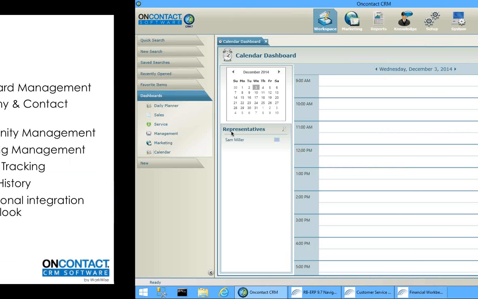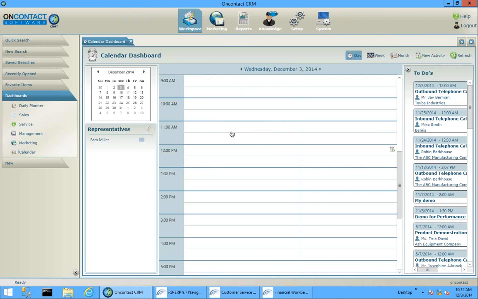When you log into CRM, we end up in our default dashboard, if that's the way your user was configured. That could be a calendar dashboard, which identifies appointments that are synchronized with Outlook. And then you have the ability right on your to-do list to see what activities need to be done. And you can pop open by clicking on the outbound phone call. And when you click that, you're able to view exactly what you need to contact that person about and where we're at with that particular